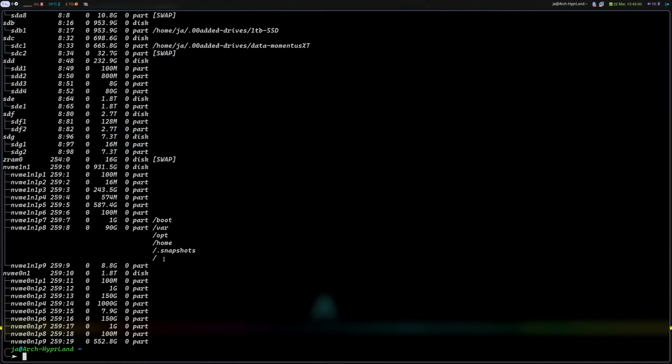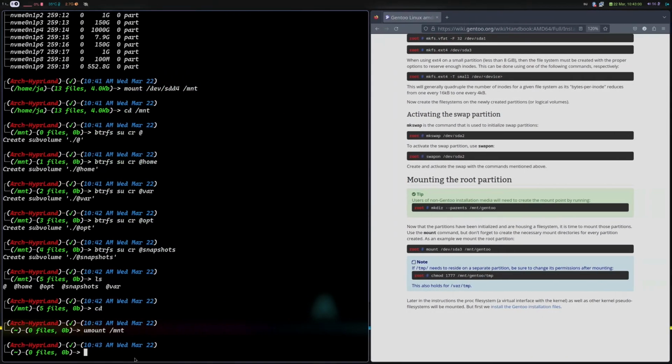lsblk. So you can see here that this is now my Arch system. All right. So we need to mount first the root partition, and we need to assign any mounting options: noatime, discard equals async, space_cache equals v2,